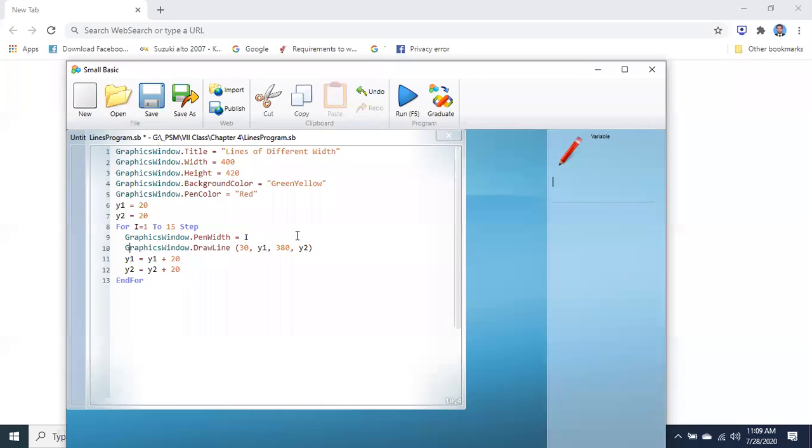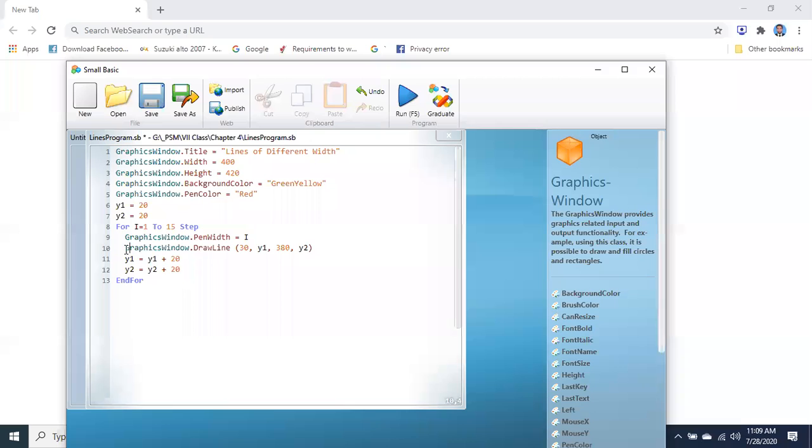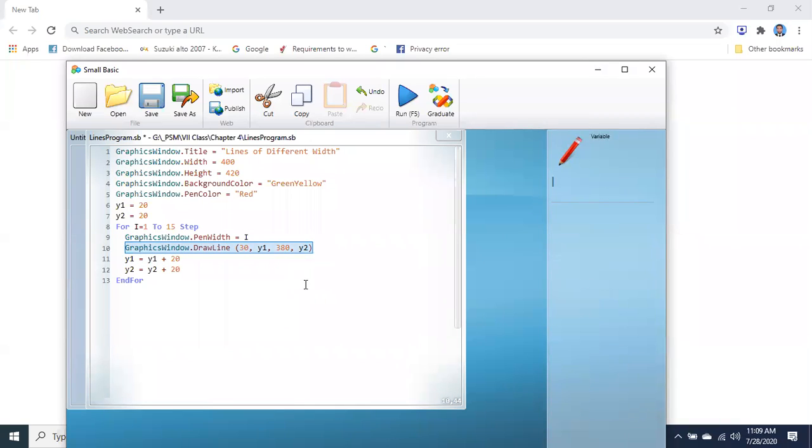Now come to the next point. Graphics window dot draw line. This is an important thing. We said earlier that the y position should be the same. y1 and y2 are both 20. Starting x and ending x for both coordinates: x1 is 30 and x2 is 380.